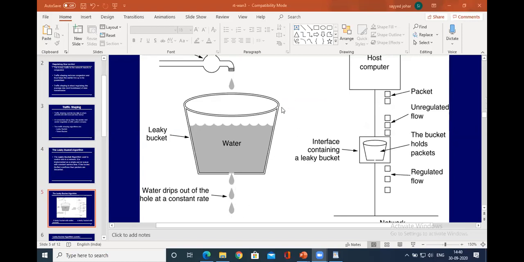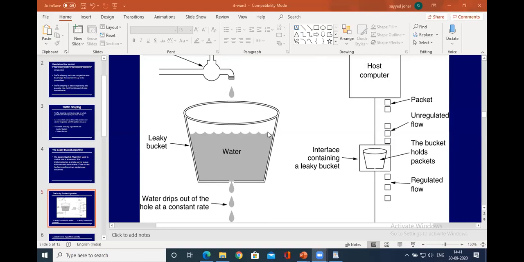For example, if the capacity of this bucket is 1000, and you send a packet size of 1200, what might happen? Bucket overflow. It cannot entertain such a packet size. So the packet size should be within 1000 or exactly equal to 1000.